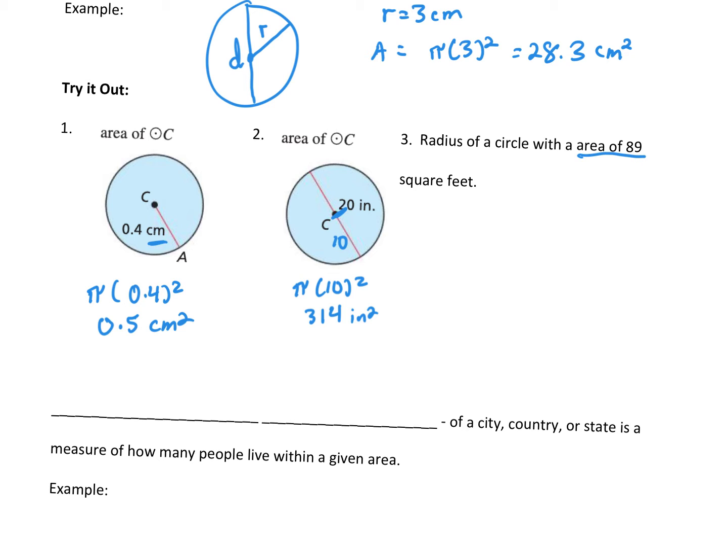Number 3, radius of a circle with an area of 89. So we already have the area. So our formula is pi r squared, and the area is 89. So now we're just going to solve. So we just divide by pi,